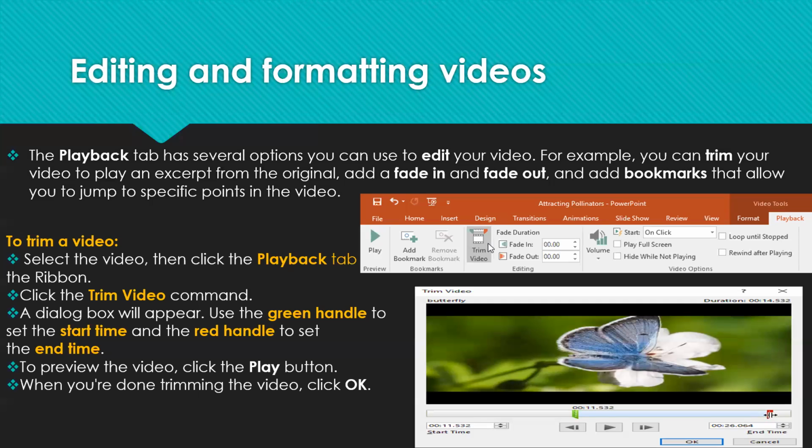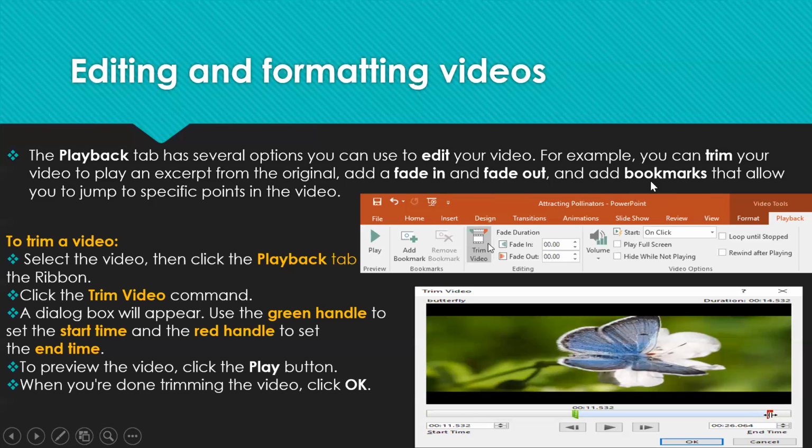Then we can add fade in and fade out effects. When the video starts, how it fades into the slide, and when the video ends, how it fades out. All these things can be done on the videos.